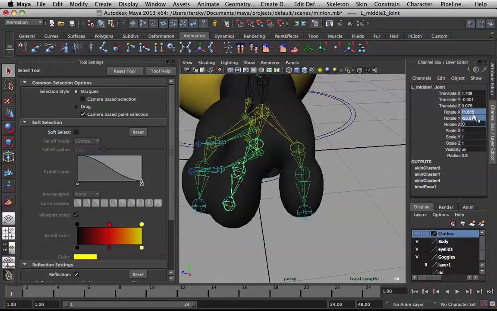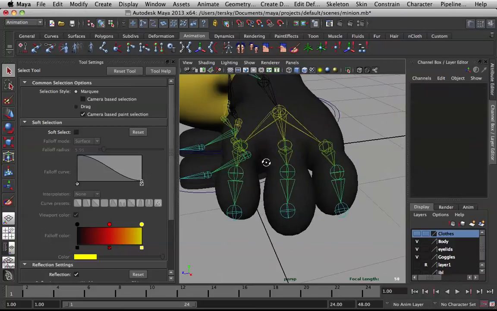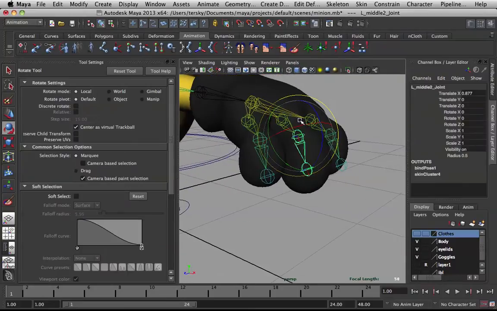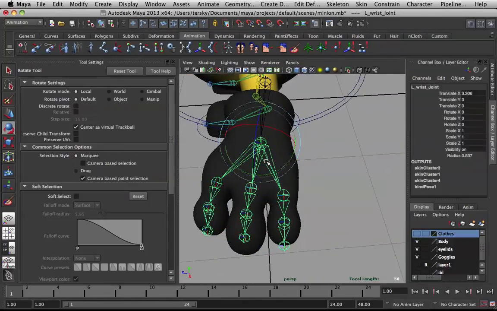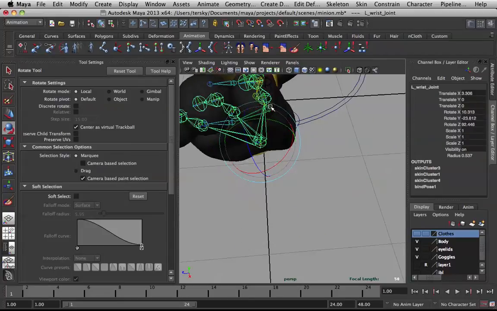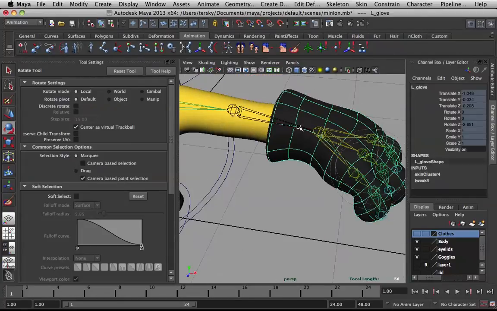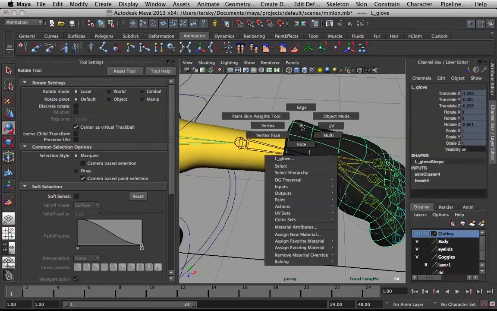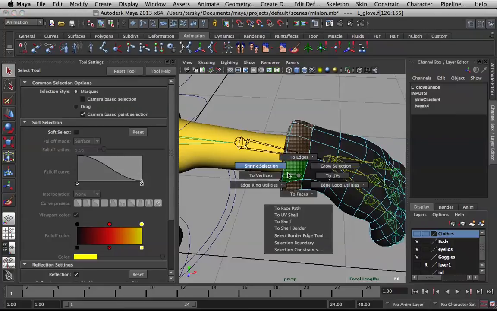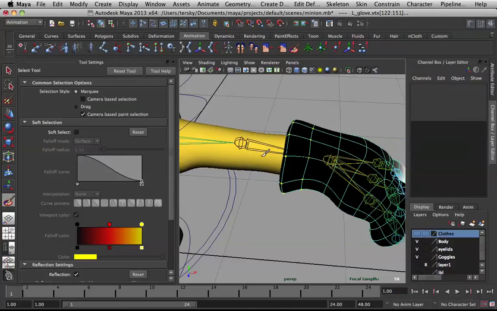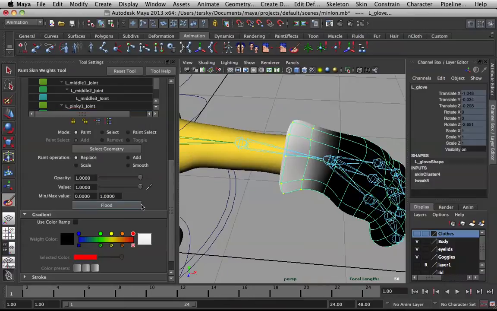That's it for the fingers, really. Not much to it. Yeah, everything else seems to be working fine. Now we have to check the wrist movement, and this is where it gets tricky. Alright, so I'm gonna select faces this time. Here, select this loop, grow that selection. Alright, from here, then I'm gonna convert this to verts, paint my skin weights, select this influence, then flood this